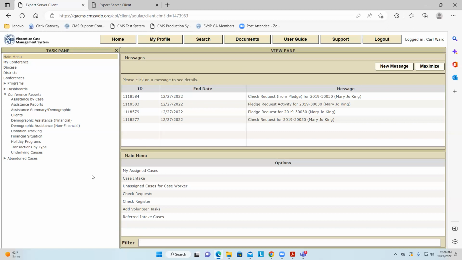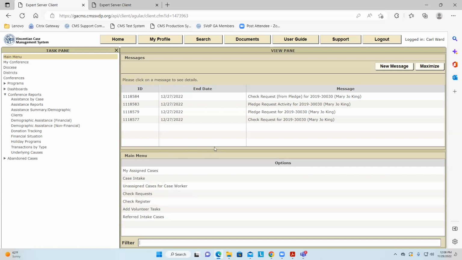If you have a treasury role, you will see these 2 menu options: the check request and the check register. Obviously, if you have a caseworker or case manager role, you're going to see more. But these are the 2 bare minimum options you will see if you have a treasury role. If you don't see these on your screen, then you need to go to your conference administrator and have him or her assign you these roles as a treasurer.